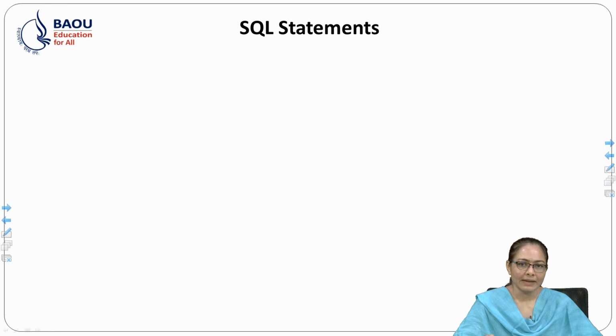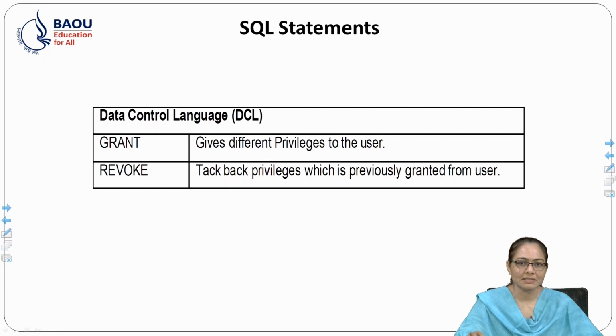Now the next command is DCL. DCL means data control language. It is used to control access privileges of the object in the database. In this, the grant command. Grant is used to give different privileges to the user. Revoke command. The revoke command is used to take back the privileges which were given by the grant command from